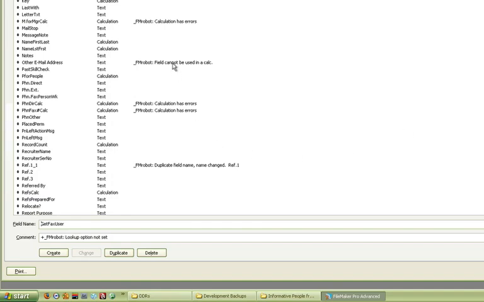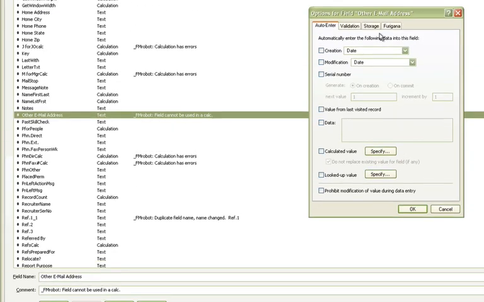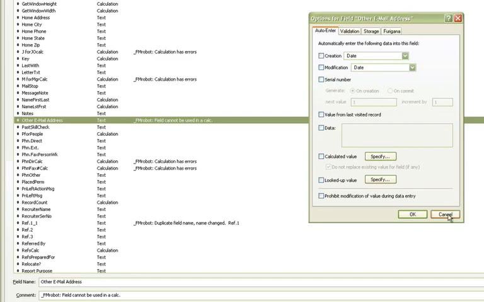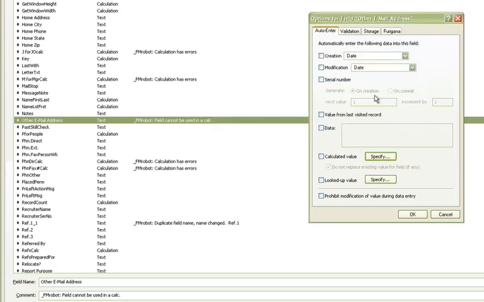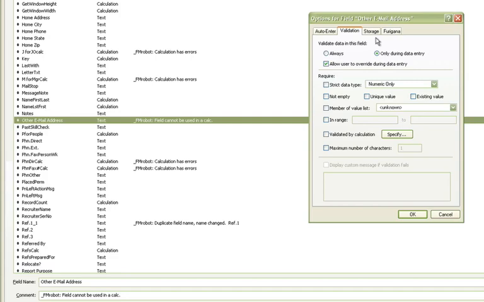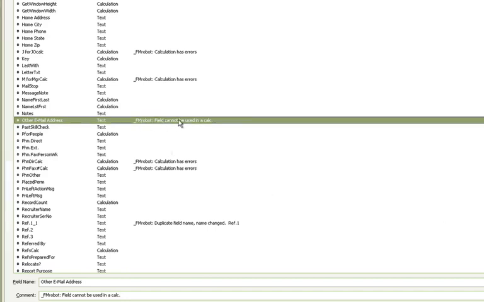Now let's see if we have any others here that stand out. Here it says FM Robot field cannot be used in calculation. I really haven't found any reason for that to be there. That seems to be more of just an alert rather than a repair. I don't believe there's really anything that we can do here. This is a text field, and I don't see any special behaviors going on. Now, there is a calculated result here, but that doesn't appear to be set to do anything. No, nothing there. Like I say, when I have seen these, I actually haven't been able to find any problems with those. So I believe that FM Robot was just alerting us to something that doesn't really need